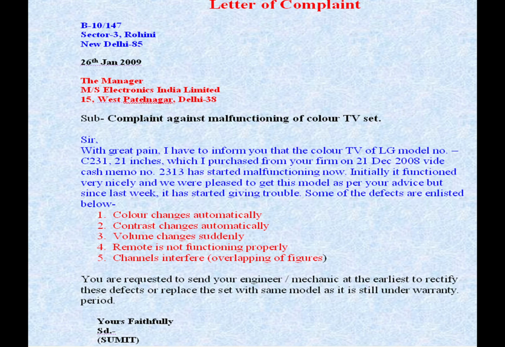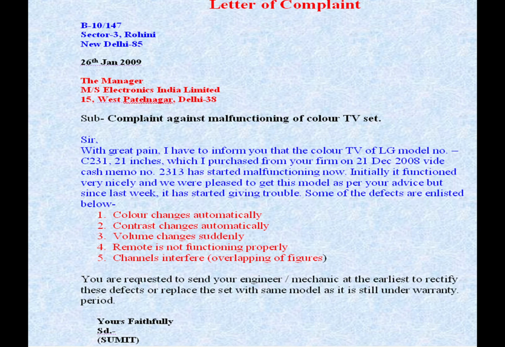B10/147 Sector 3 Rohini, New Delhi 85, 26 January 2009. The Manager, Messrs Electronics India Limited, 15 West Patel Nagar, Delhi 38. Subject: Complaint against malfunctioning of color TV set. Sir, with great pain I have to inform you that the color TV of LG model number